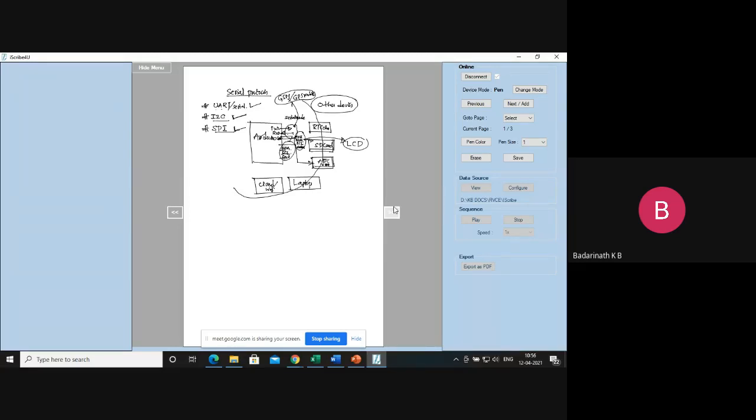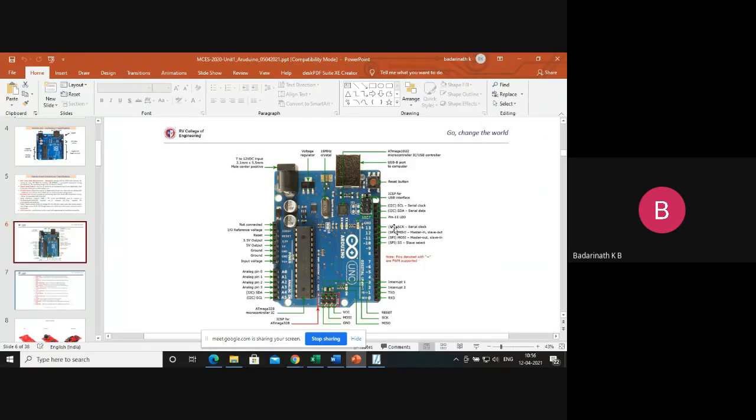If you look at the diagram here, those are the pins indicated. For example, for the SPI protocol: master input serial output, master output serial input, the slave select, and the serial clock. Again, look at the I2C protocol: serial clock and serial data signal, with reference to ground. Similarly, the UART protocol has TX and RX. Other I2C pins are also available here; you can use these 2 as I2C pins too. The advantage of the I2C protocol is that it is not one device; it's like a bus. You can hook a number of I2C devices to the same bus.